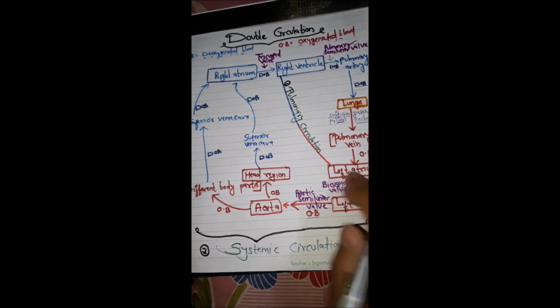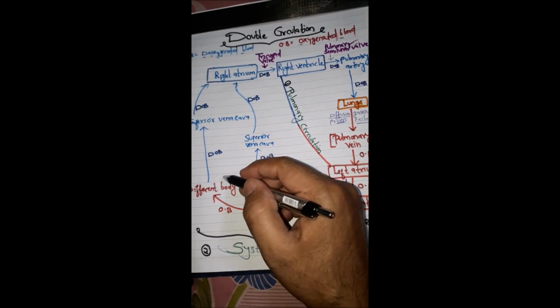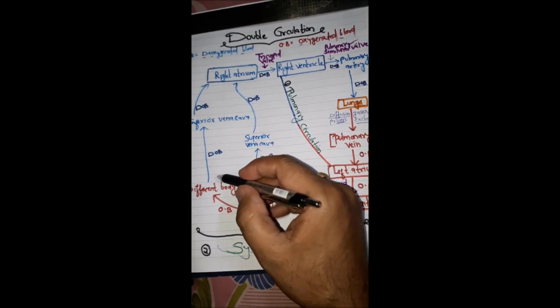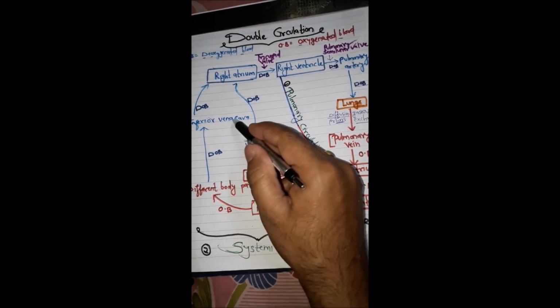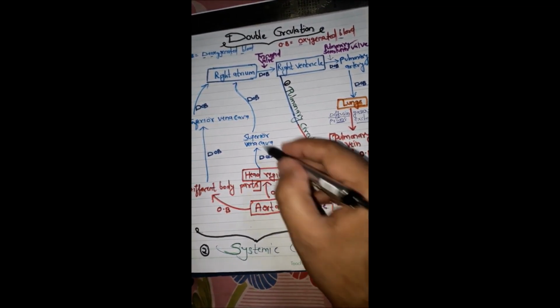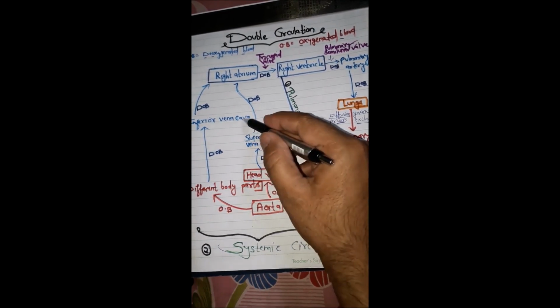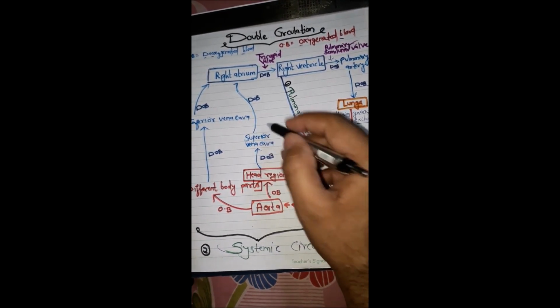Now from this flow chart, it is easily seen that all the deoxygenated blood, especially from the different body parts, goes into the inferior vena cava, and all the deoxygenated blood from the head region goes into the superior vena cava, and all deoxygenated blood from the inferior vena cava as well as the superior vena cava goes into the right